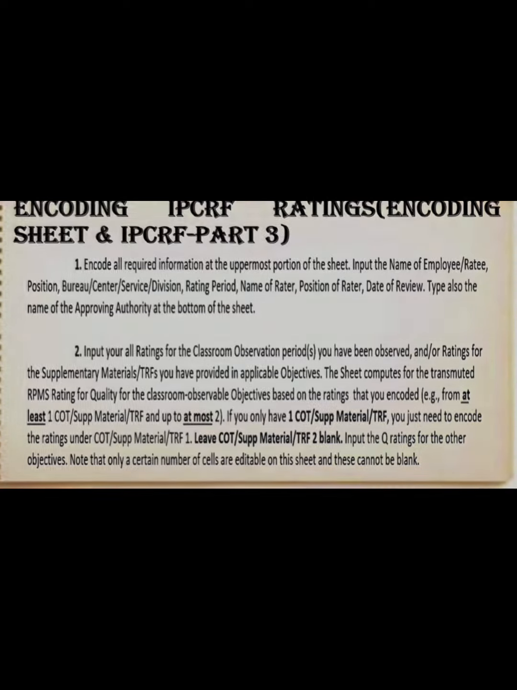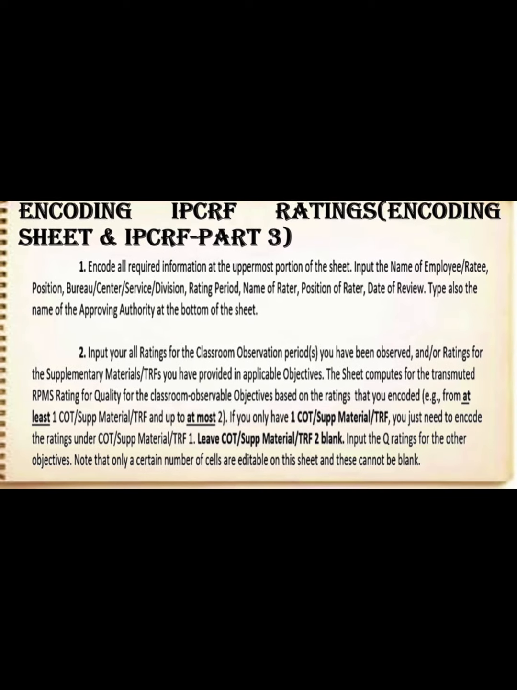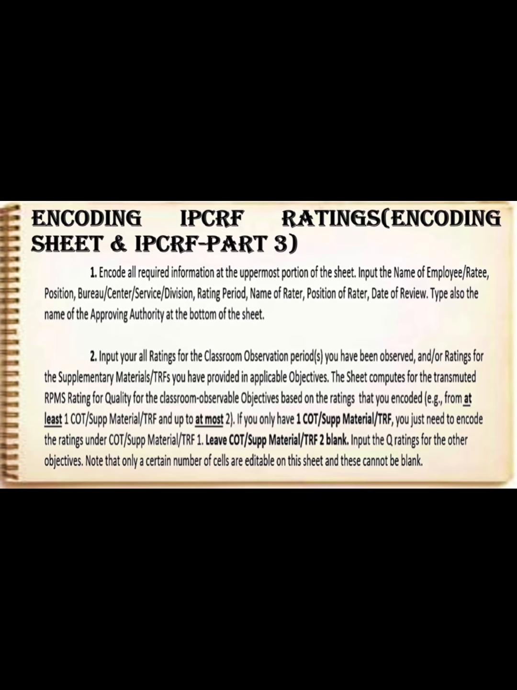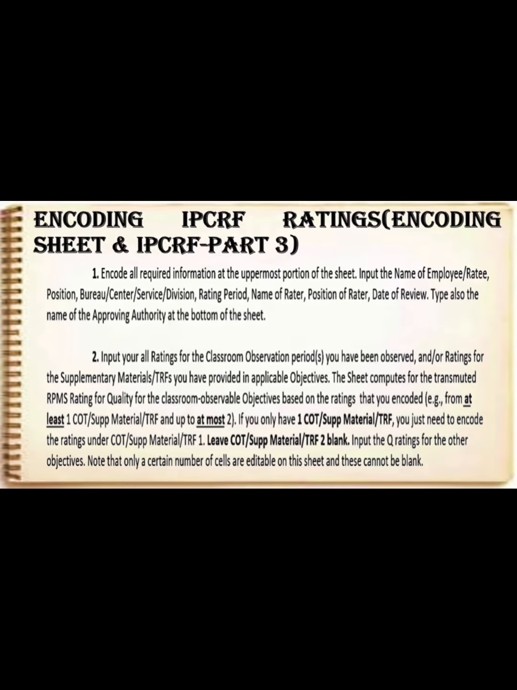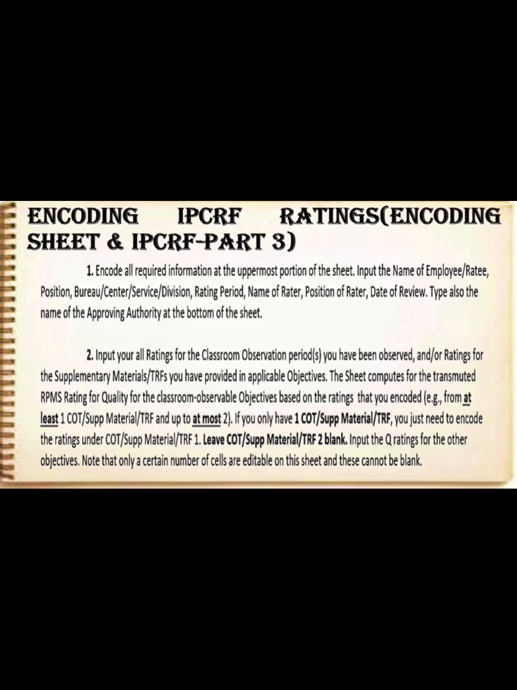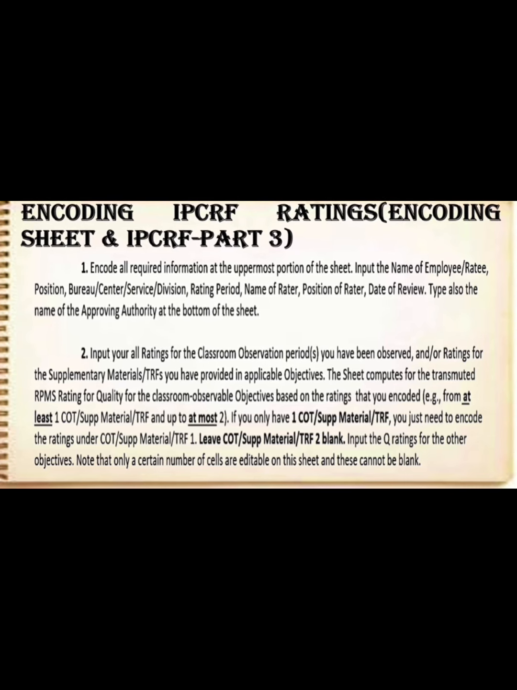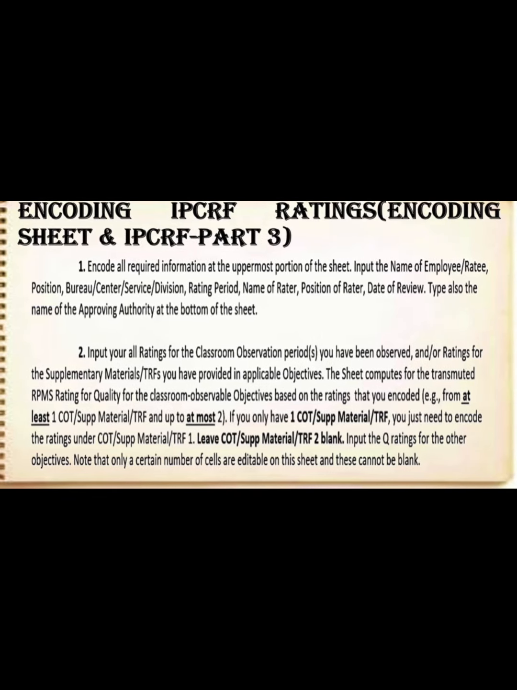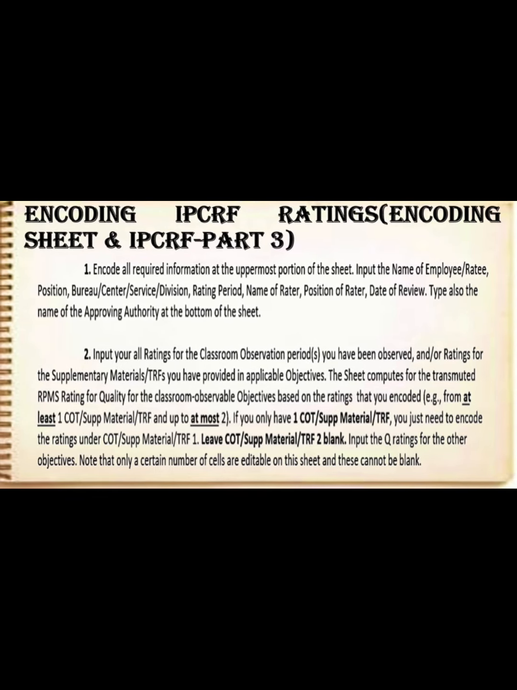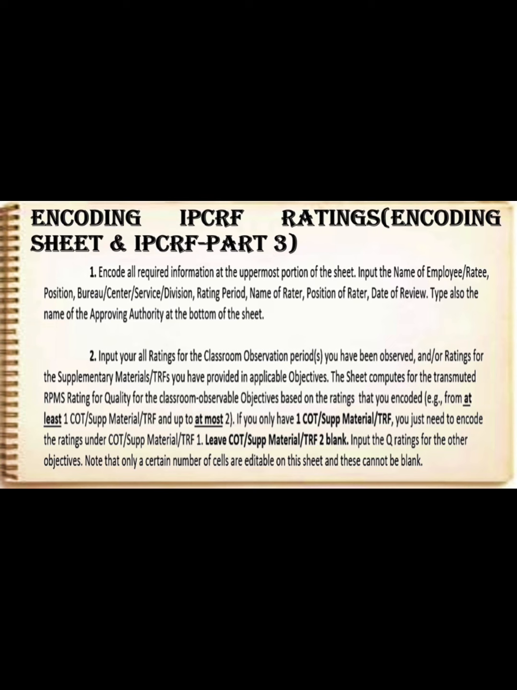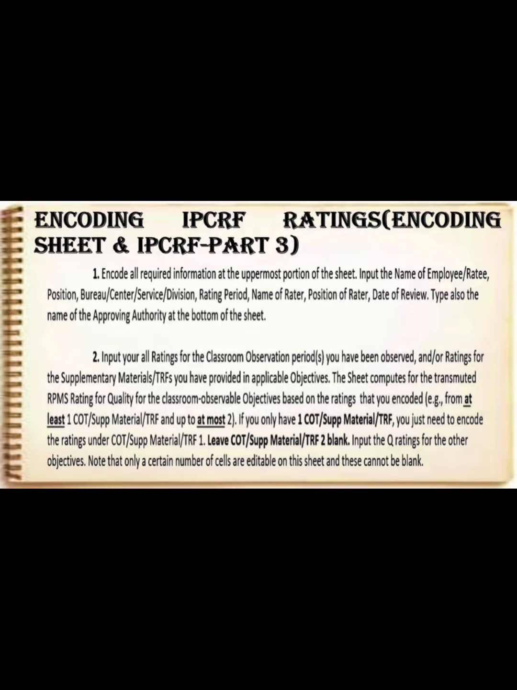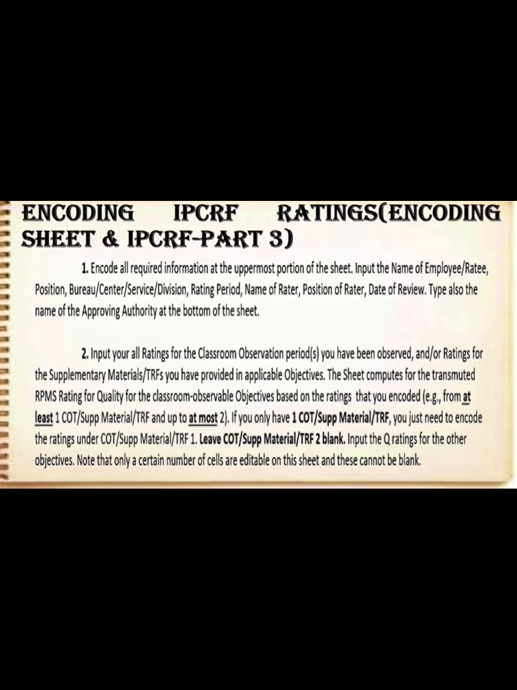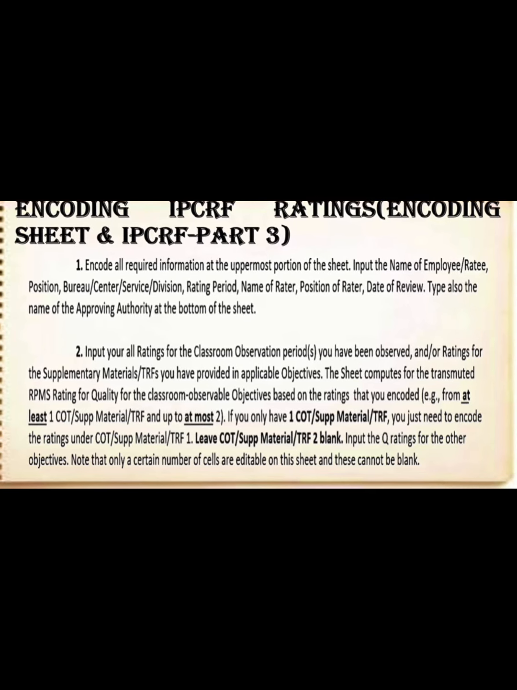Input all your ratings for the classroom observation periods you have been observed, and or ratings for supplementary materials, TRFs you have provided in applicable objectives. The sheet computes for the transmuted RPMS rating for quality for the classroom observable objectives based on the ratings that you encoded. If you only have one COT, supplementary material TRF, you just need to encode the ratings under COT,